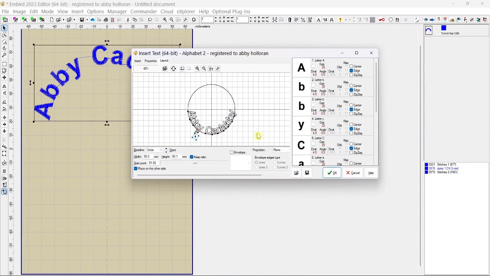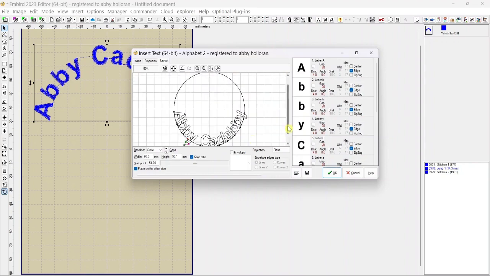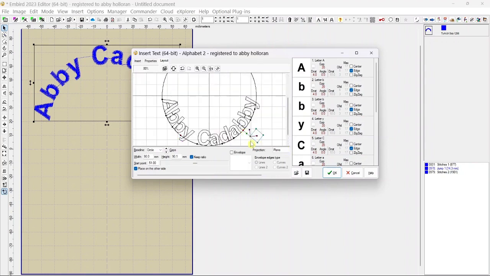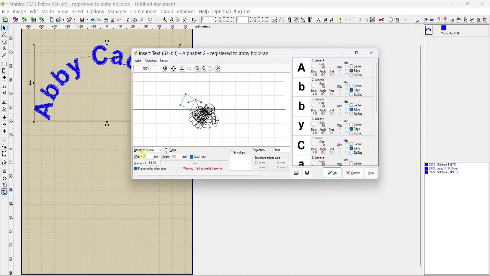And as you see, when I zoom in here, my letters are all kind of scrunched together now, and like the B's and the Y's touching. So I would want to increase the gap here a little bit to get a little space between those letters so that they're easy to read. And then I have to adjust my positioning again. And so if I was happy with that, and I might also make my circle just a little bit smaller,